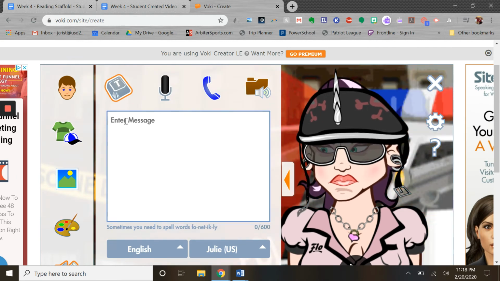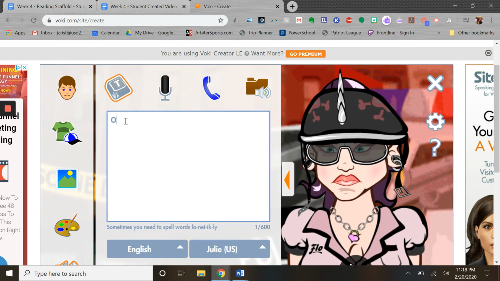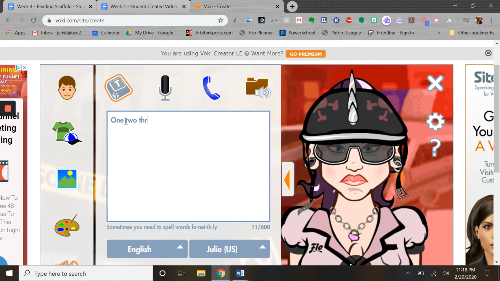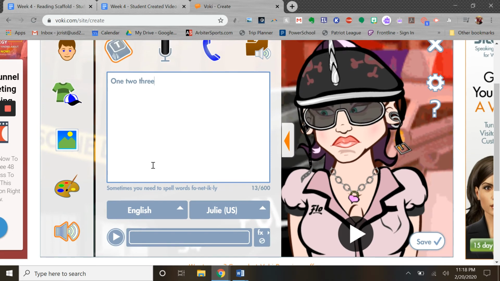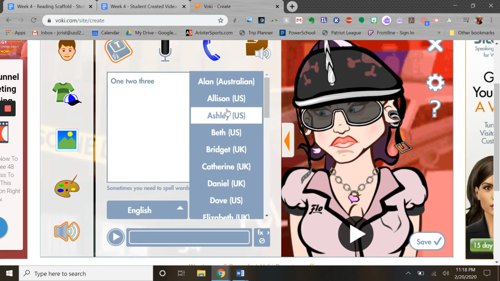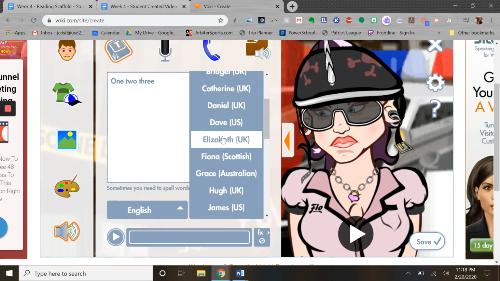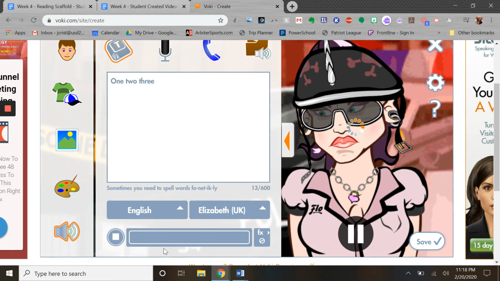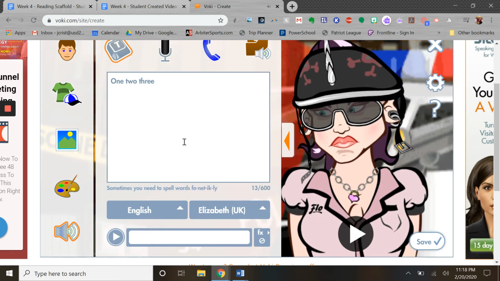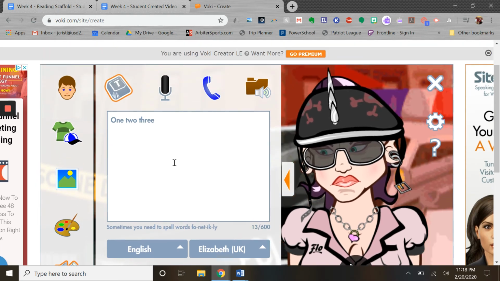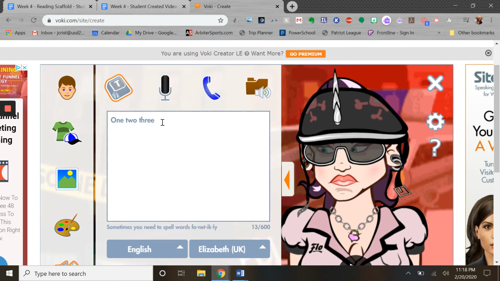One is you can literally type your script in, or what you'd like your character to say, and then you can select all kinds of different voices for the person, and it gets that computerized voice. So that's one way to do it, and you saw the person's lips moving. I would highly recommend